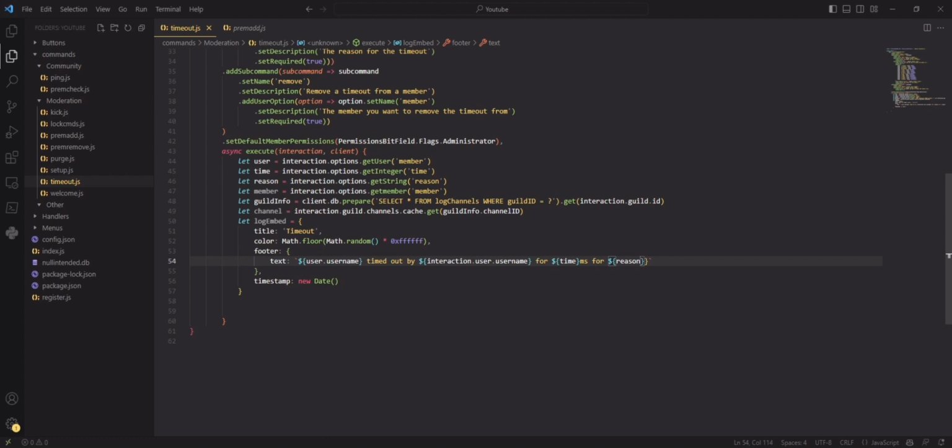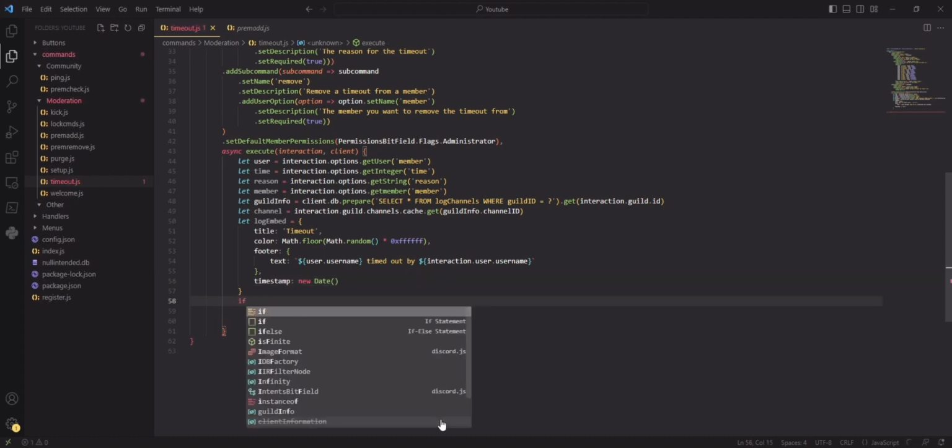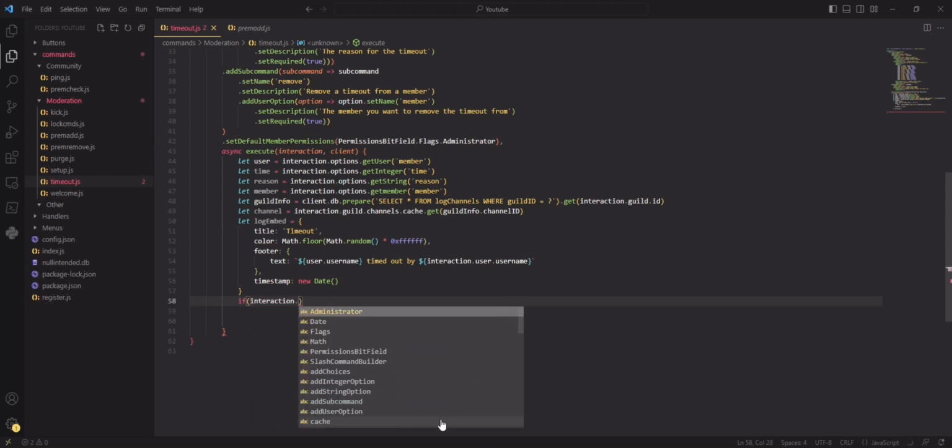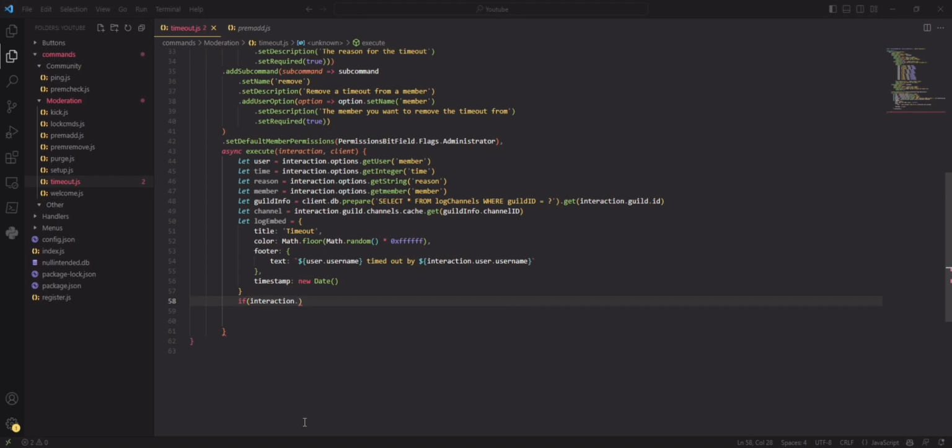But let's go ahead. We're going to get rid of this last portion here, because we're actually not going to need that. We're gonna have that specified within the fields themselves, versus specified in the footer. So there's the timestamp, and now from there we're gonna go ahead. Let's create our if statement. We're gonna pull in our